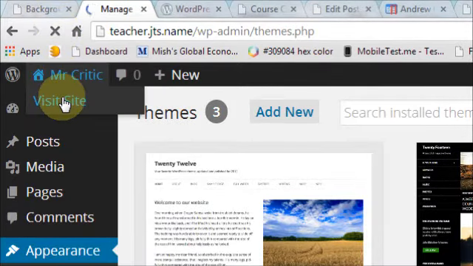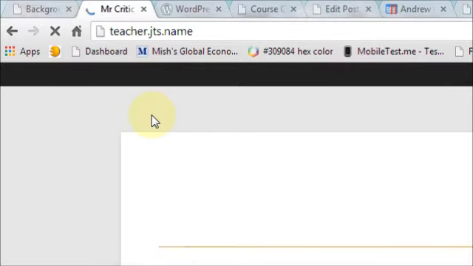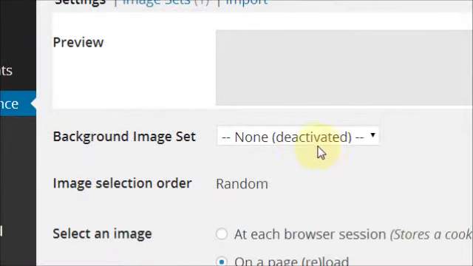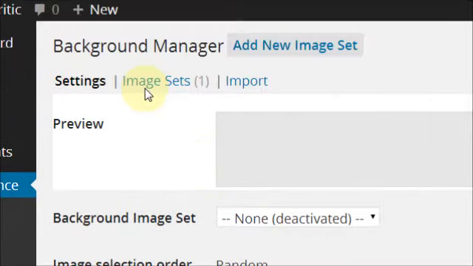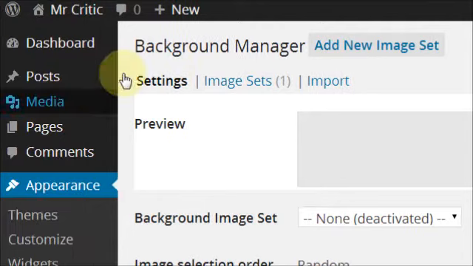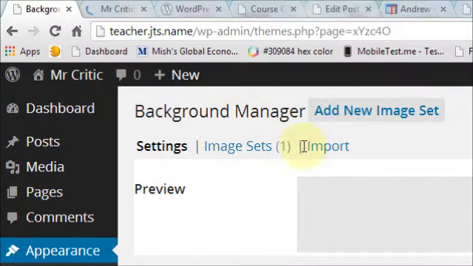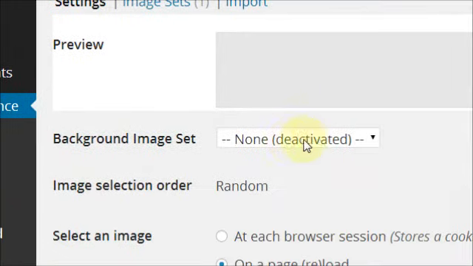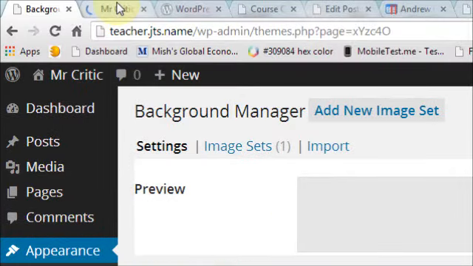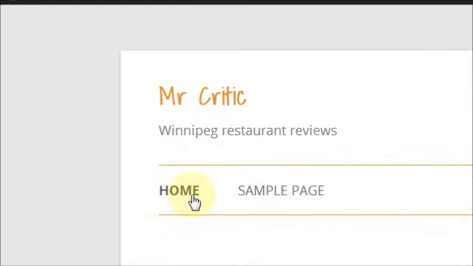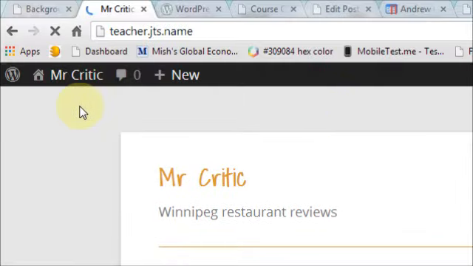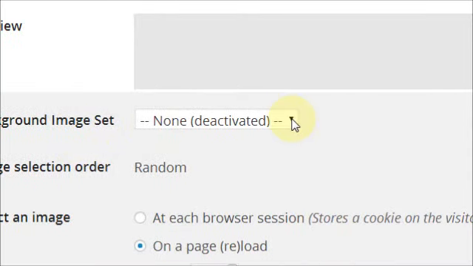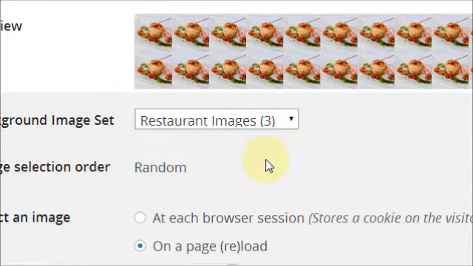So currently I don't have any background activated. I'll just go check to make sure that, yeah, there's the site, and I don't see any background here. So let's go back and activate an image set. I have 3 images. I guess you could have just one